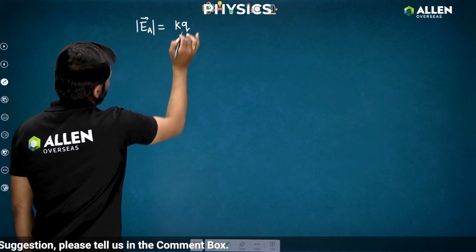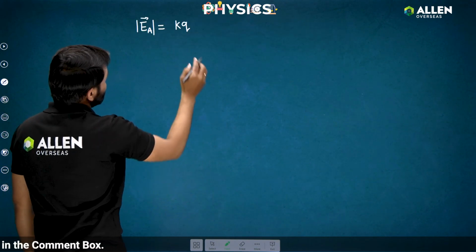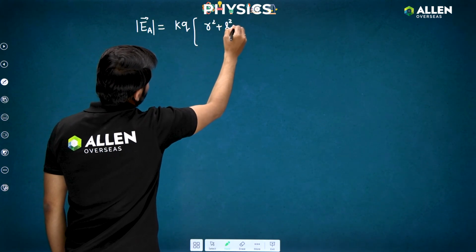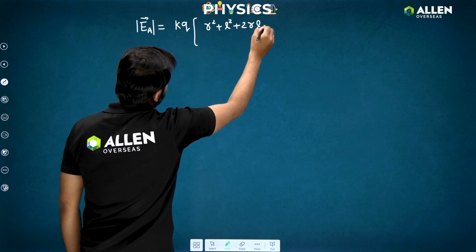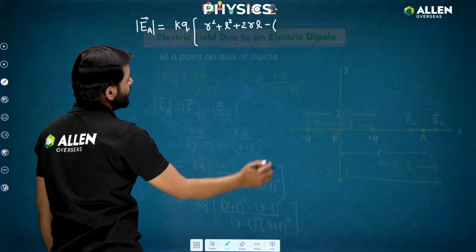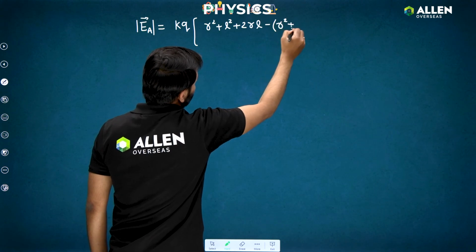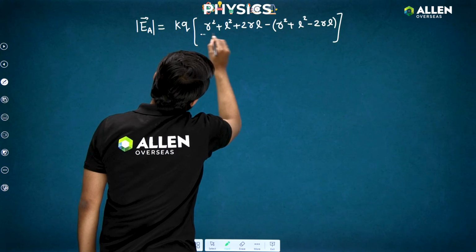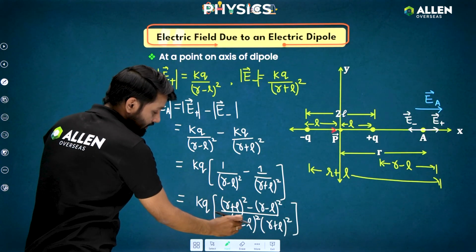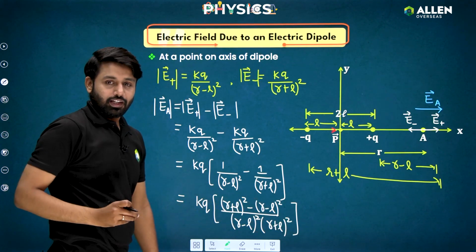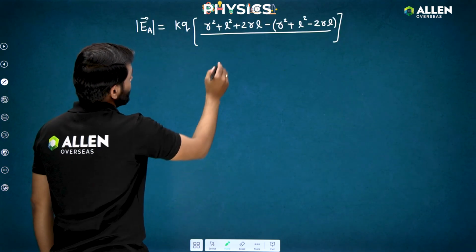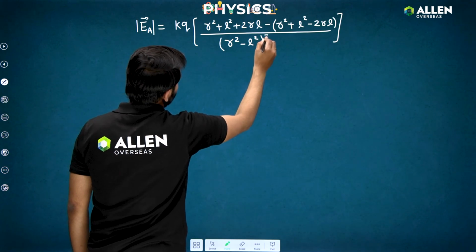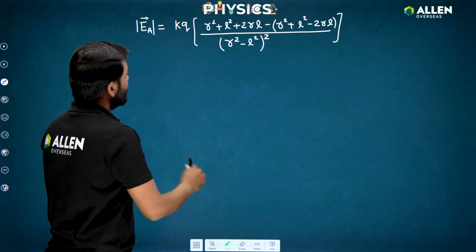KQ, right? And if you open this, it will be R square plus L square plus 2RL. Similarly, this is (R minus L) whole square, so it's R square plus L square minus 2RL. Got it? Divided by, see, this is (A minus B)(A plus B), so we can write A square minus B square. So I'm writing (R square minus L square) whole square. Got it, everyone? So you can see here